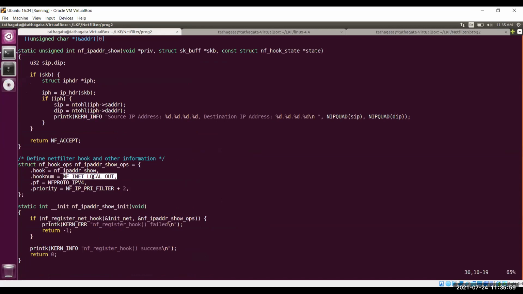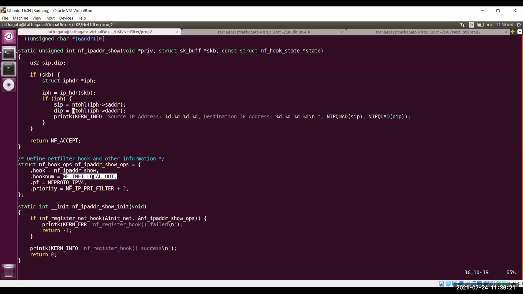So that is what you need to keep in mind: what information are you looking for. If you are looking for all the packets which are going out from your machine and which are originated by your machine, then you must register your callback at the local out.